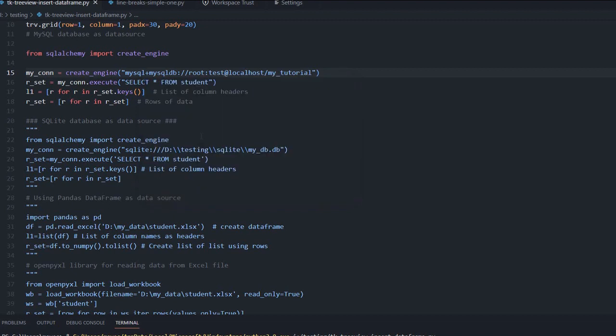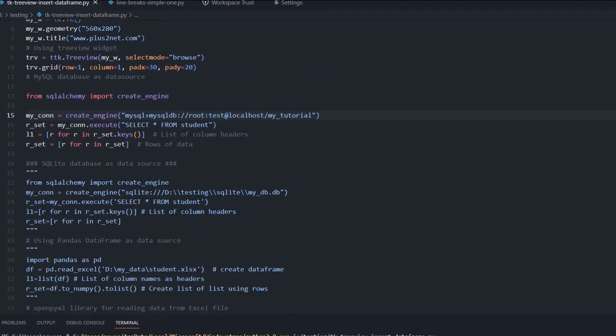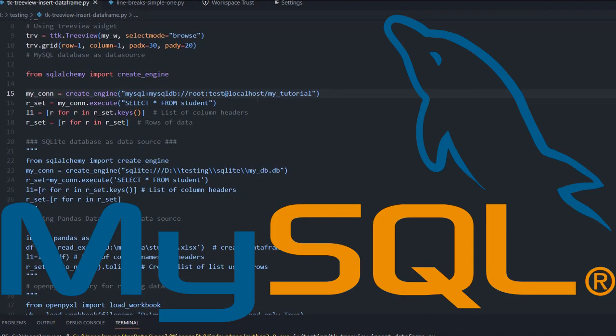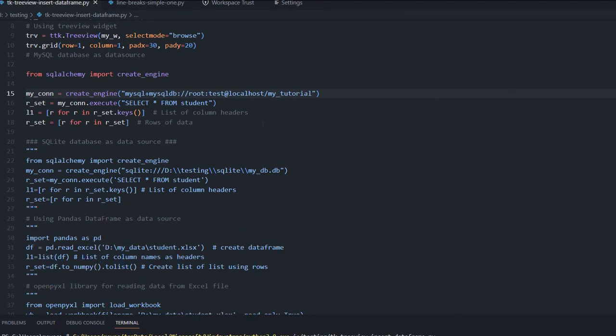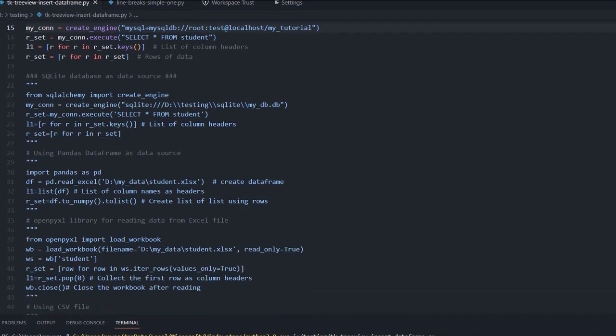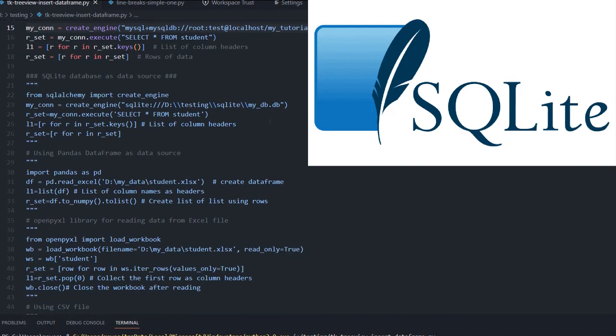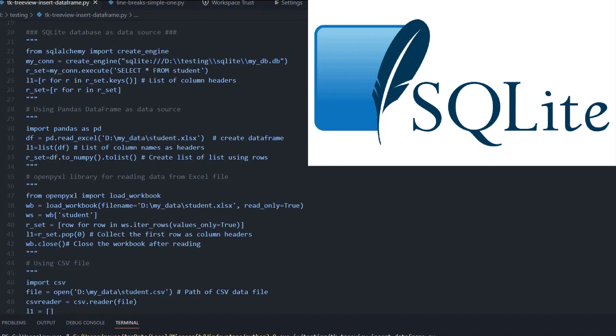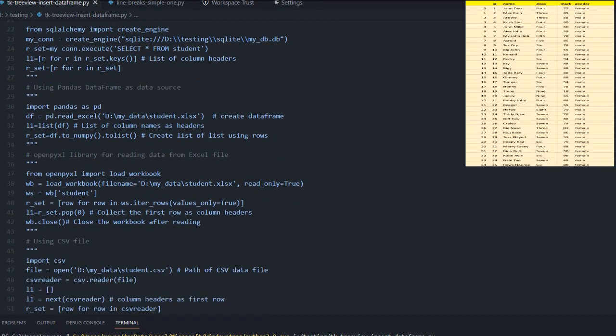So you can see here that we have used our MySQL database to get the data from our sample student table, and you can download the sample SQL dump also to create your table. Then also we can uncomment and use SQLite database to create this, and we can use a pandas data frame. We have read from an Excel file, created a pandas data frame, and then inserted this list or